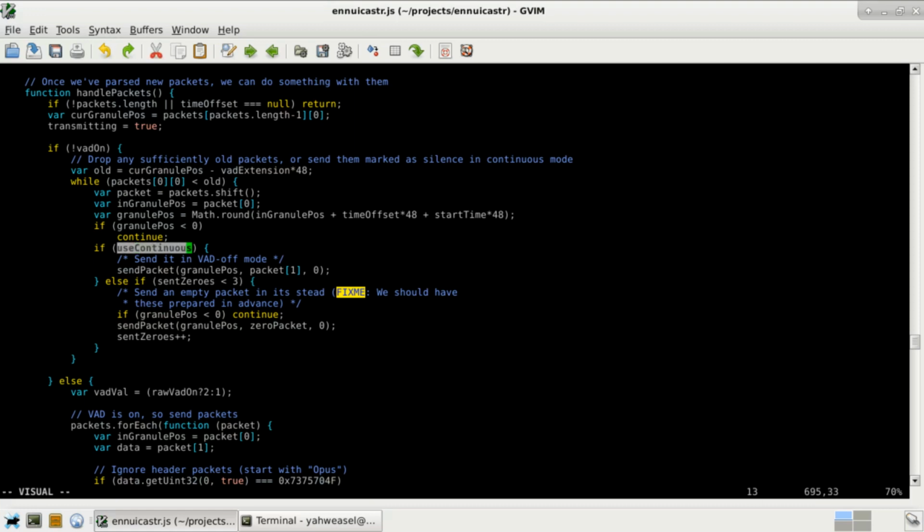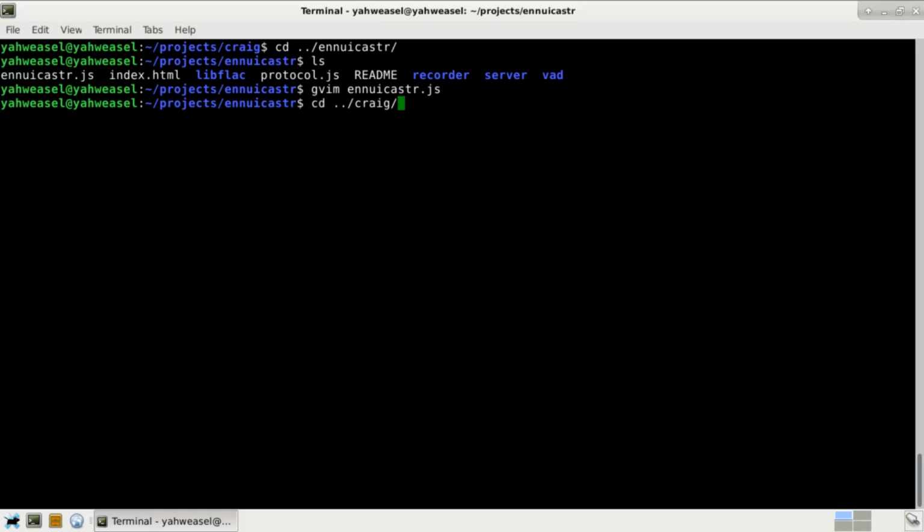But if it is in continuous mode and the VAD is off, you still send the same audio data, but you send it with this extra piece of information that says, by the way, here's the audio data, but he wasn't talking right now. There was no actual sound. I expect this is garbage audio data, but here it is. Why does that matter? Well, if we go back to good old Augustender,